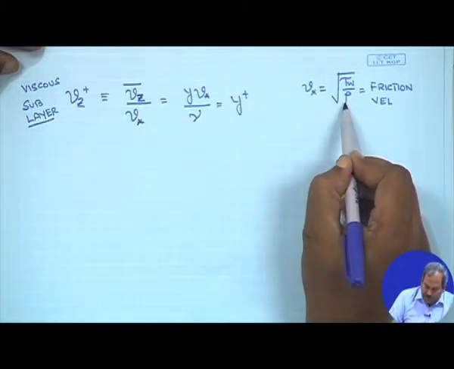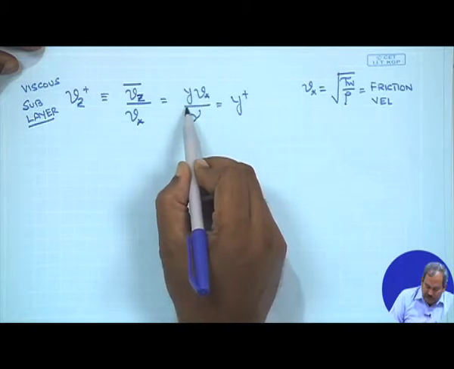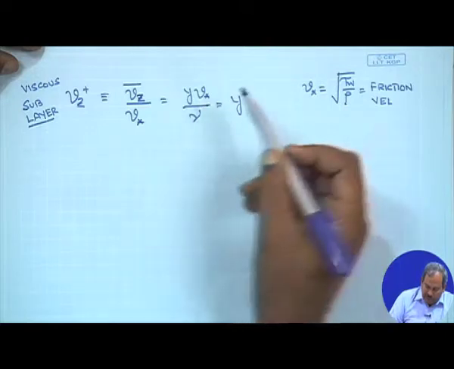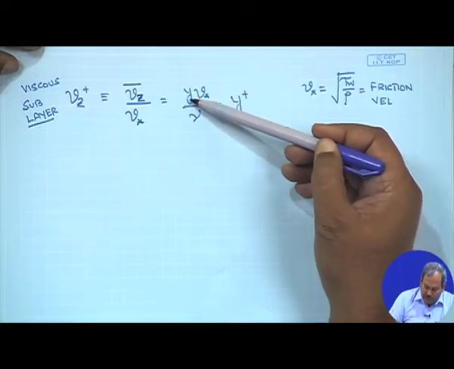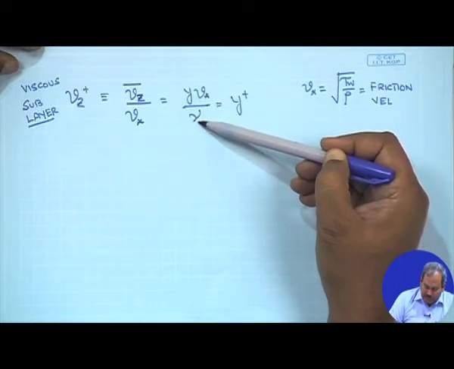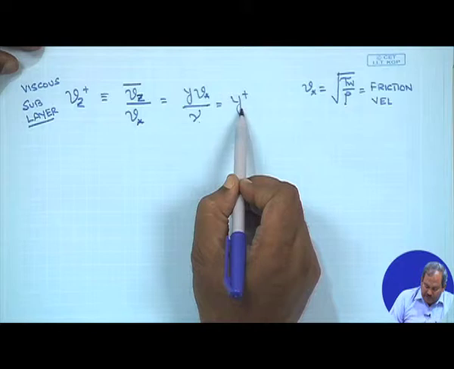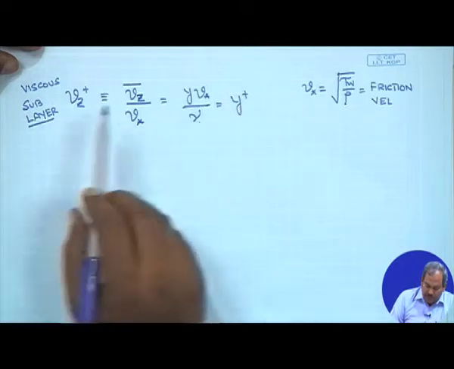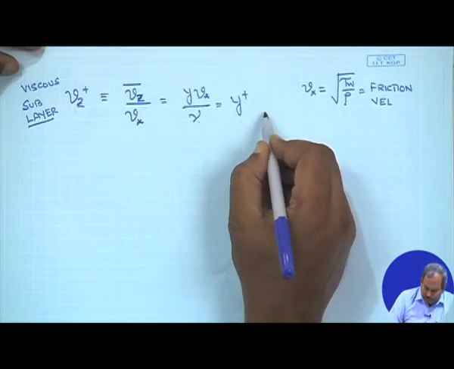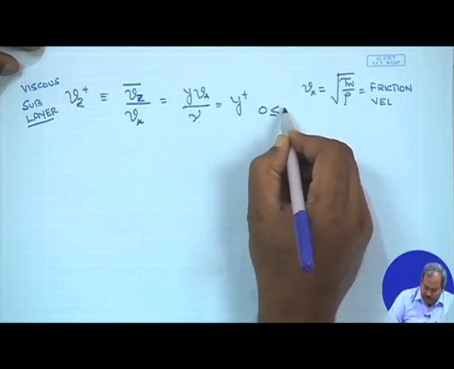This is equal to a dimensionless distance from the solid wall, defined as y, the distance from the wall, times v star, the friction velocity, divided by the kinematic viscosity, and this is expressed as y plus. So, V z plus equals y plus, and this is valid